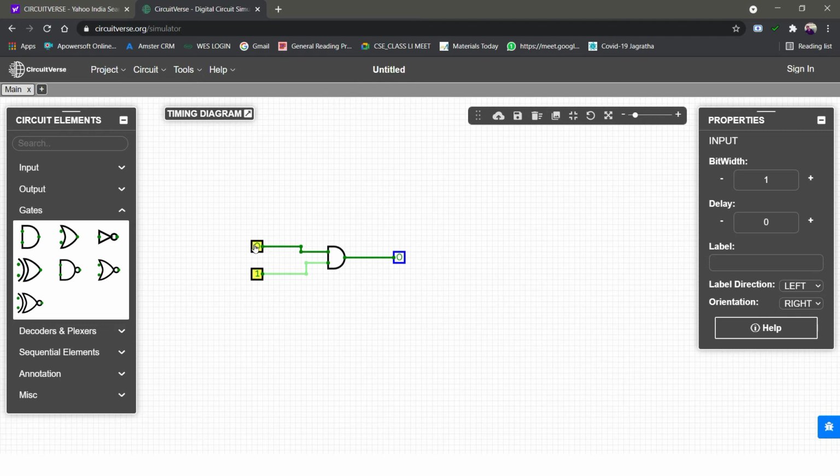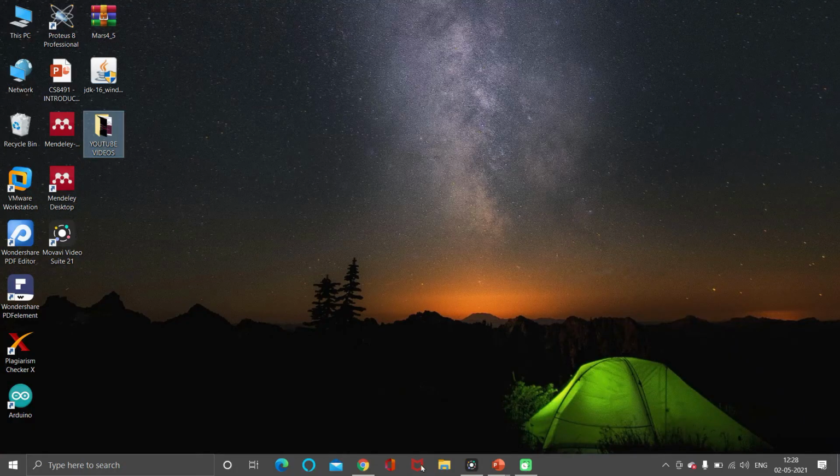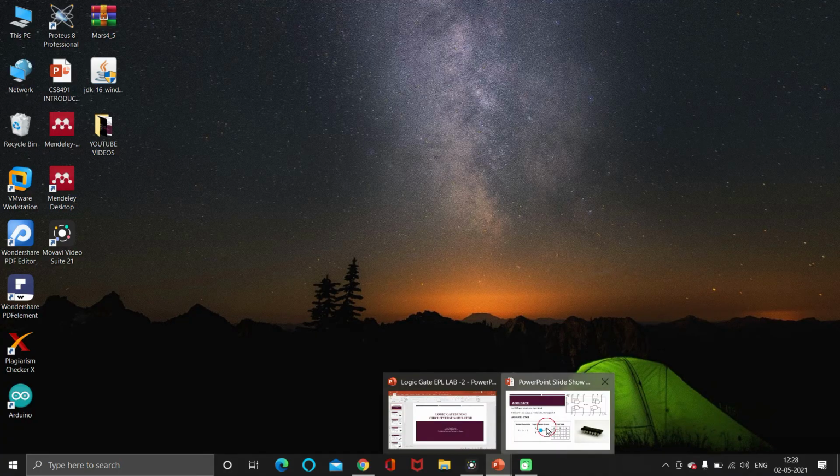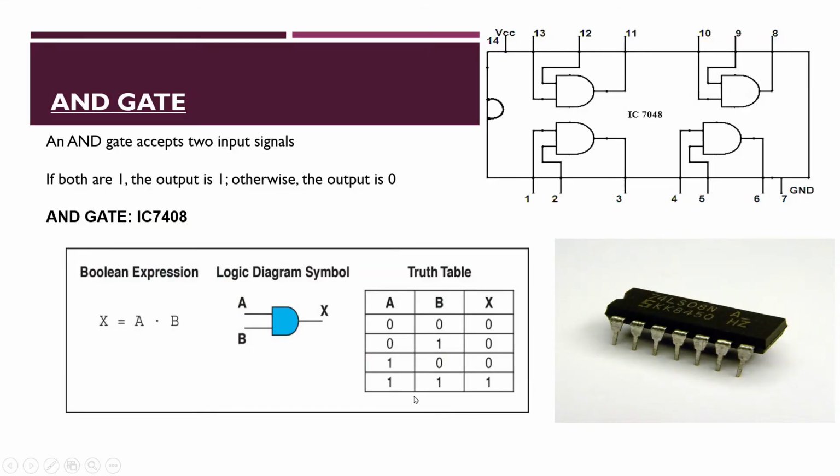You can just click it over here and it will be 1 now. And for 1 0, the output is going to be 0. And now 1 and 1. So for 1 1, the output is 1. So in only one case you are getting the output as 1, that is when both A and B are 1. That is what we have seen here in the truth table, that when you are having 1 and 1 as the input, you are getting 1 as the output.